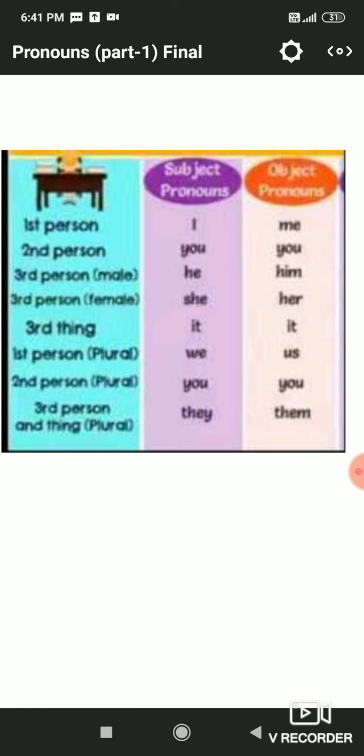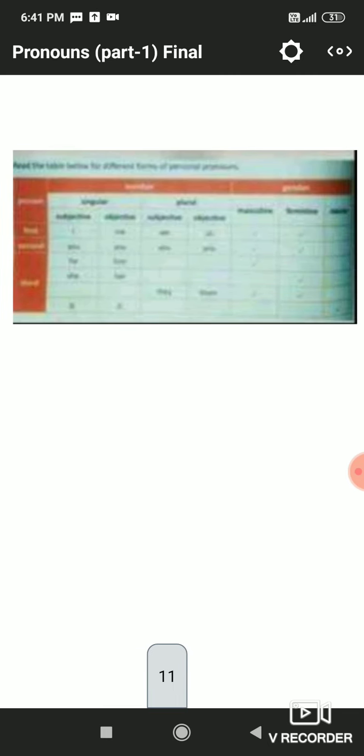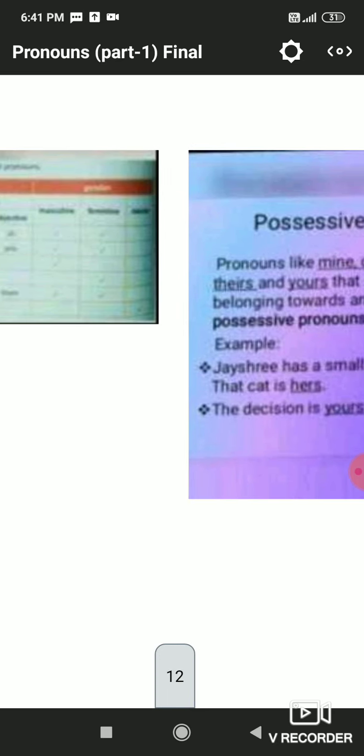Read out subjective pronouns and objective pronouns. First person: I and we; second person: you; third person: he, she, it, and they. So here I, if it is used in the subject place, will be I. If it is used in the object place, it will be me. So this is how we will have to learn this table, so that we can easily make it clear whether the pronoun is used here as a subjective pronoun or an objective pronoun. So I, my, me, we, our, us. This is how we will learn the table.